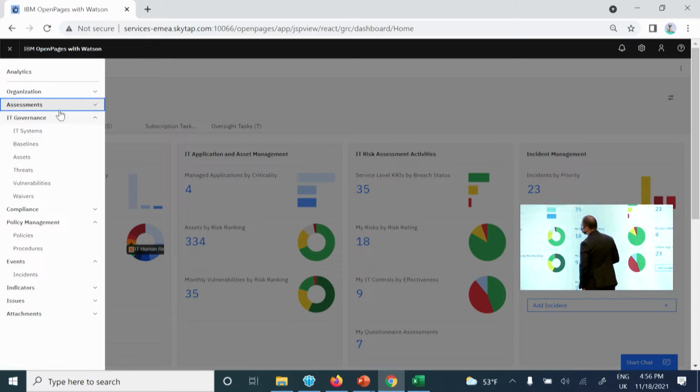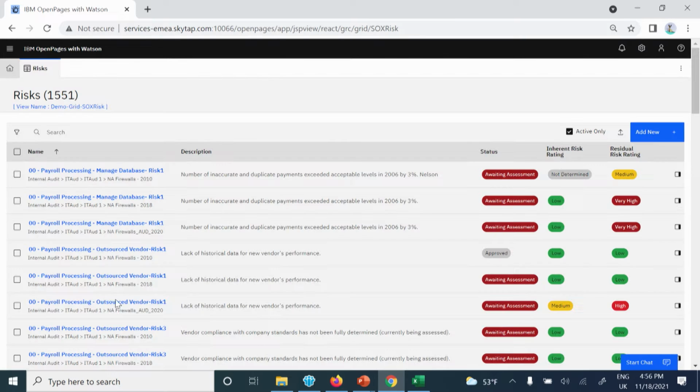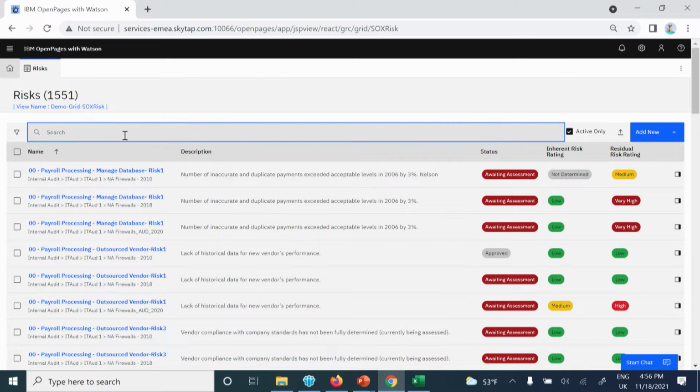Yeah, now the only thing that I want to highlight is if I go to risk, when I talk about, let me search for some risks, right? So,